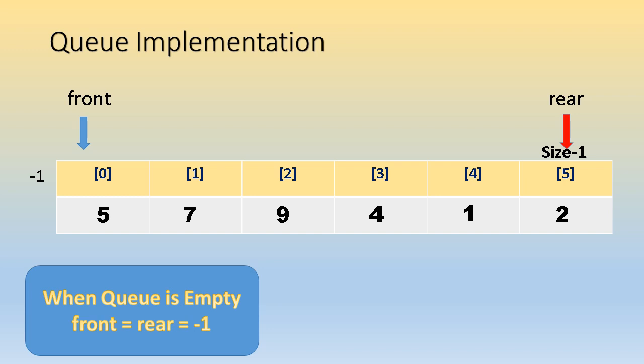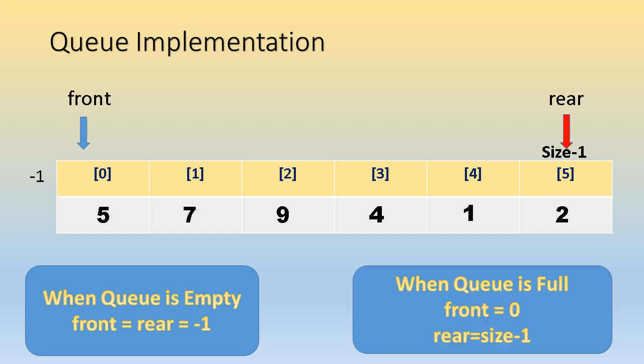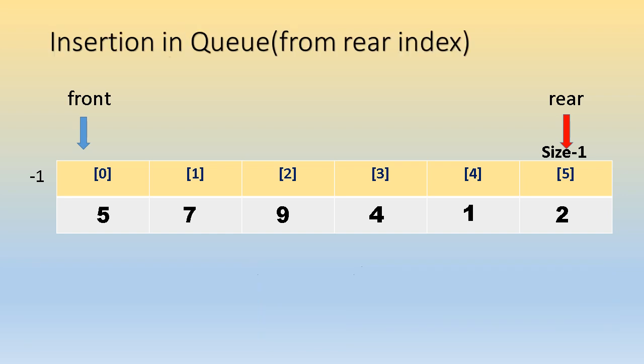So the condition to check whether the queue is full or not is front is at 0 and rear is at size -1. So this is the explicit condition you will write: if front equals 0 and rear equals size -1. But in the simplest way you can also write simply rear equals size -1. That is also okay, because in a simple queue insertion takes place from the rear end only. So I hope this thing is clear. Now we will see operations on queue in the next slide.